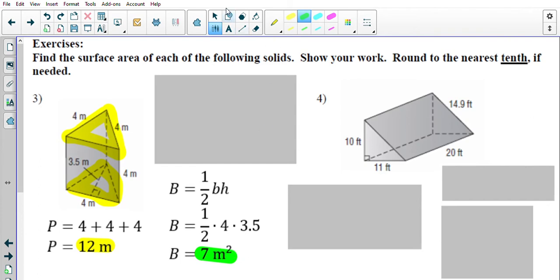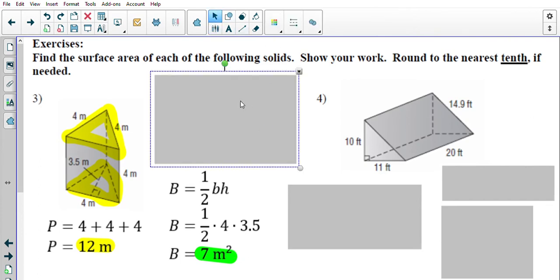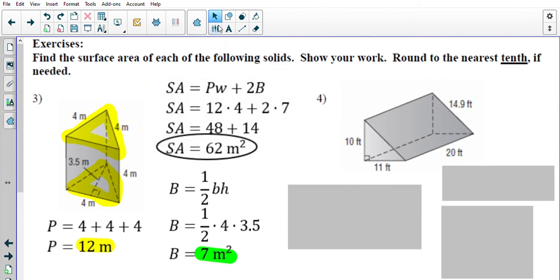All right, let's plug these into our formula. Becomes pretty redundant after a while. You see a lot of the same work. So perimeter of the base we found to be 12. Width of this prism is going to be the distance between your two triangles, which is 4, plus 2 times